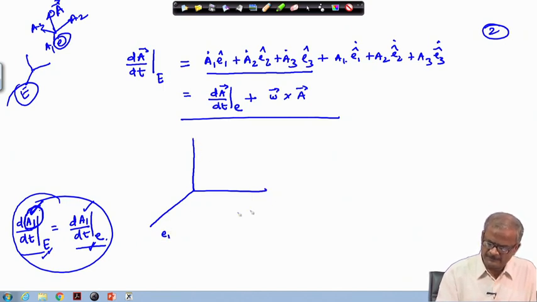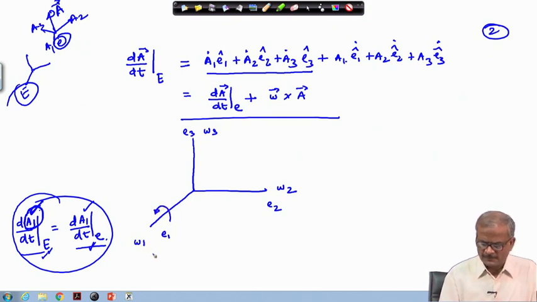So, say this is the E1, E2 and E3 direction. And let us say this is the omega 1 component of the angular velocity here, omega 2 here and omega 3 here. Now, if a rotation is given about this particular line, about here, what will happen to this E2 vector? These are the unit vectors here. It will go from this place to this place, and the magnitude of this remains the same as unity.